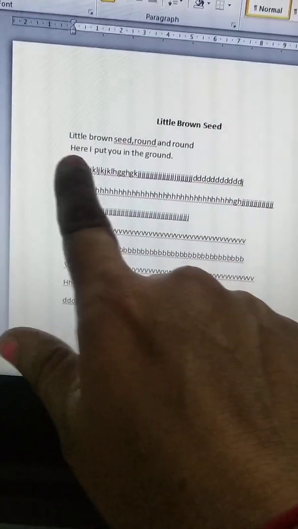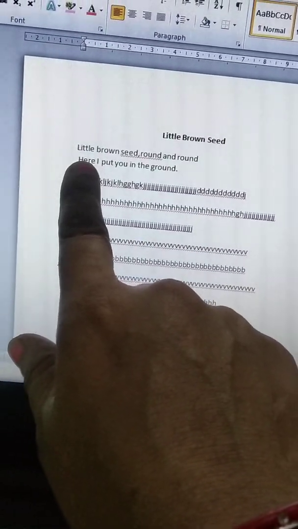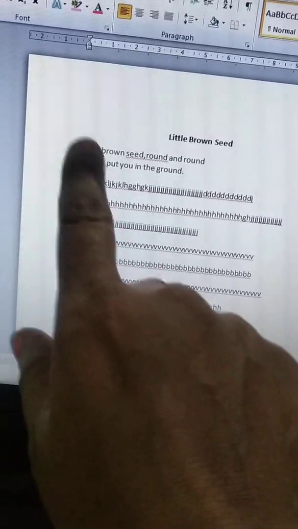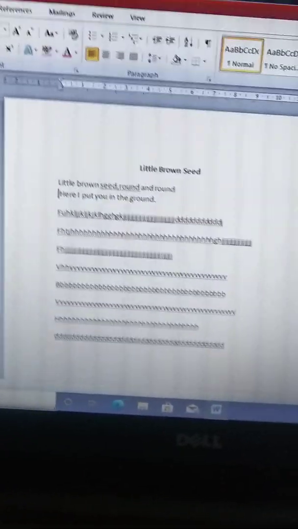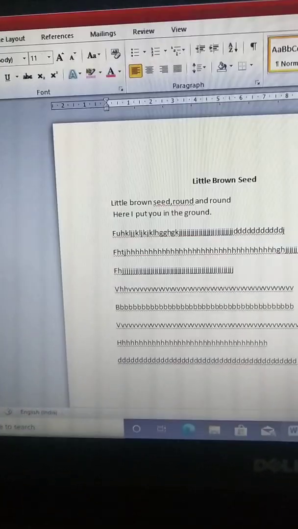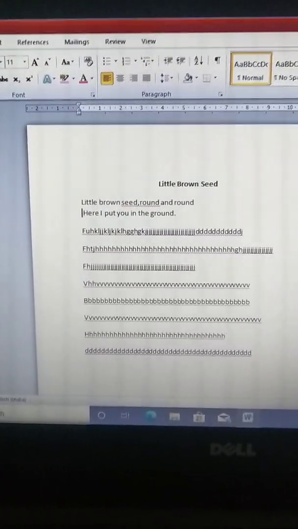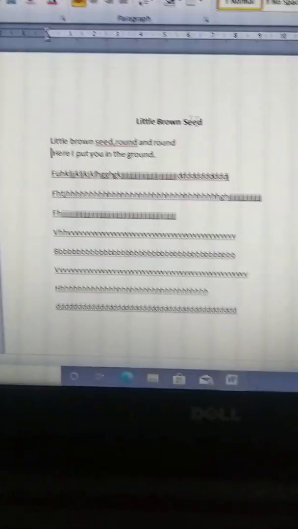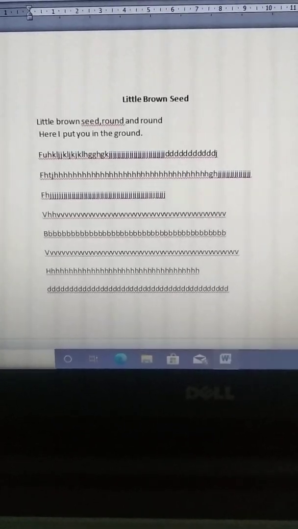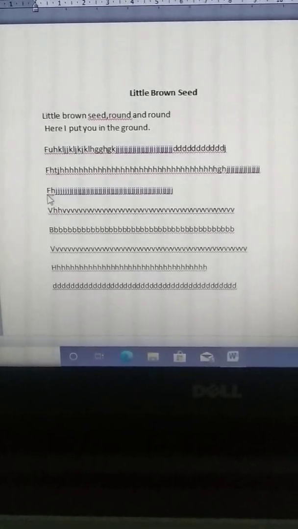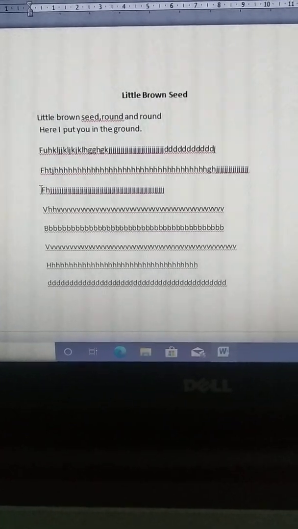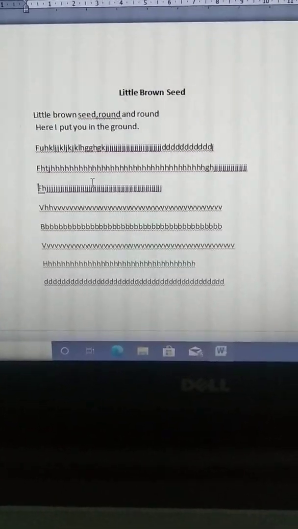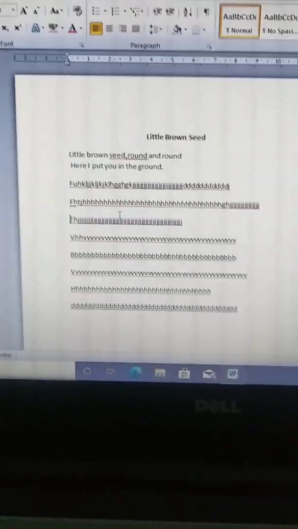and see on the screen what happened. The line goes to the next line. So this is the line break. Now if you want to do a column break, what will you do, students? You just go where you want to do the column break. Just like I have put my cursor here, from here you want the column break.